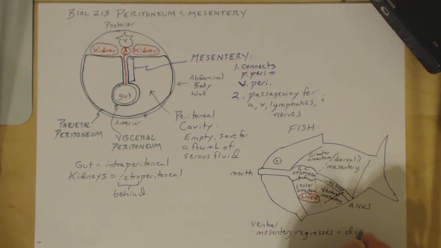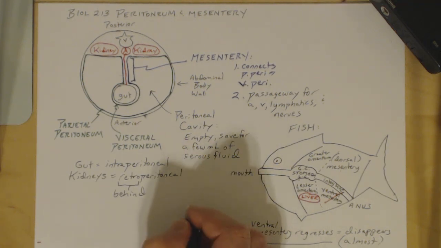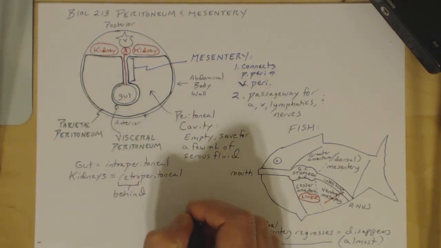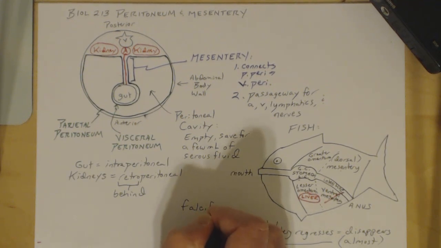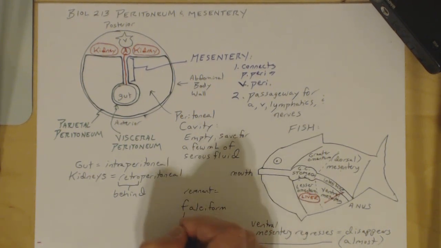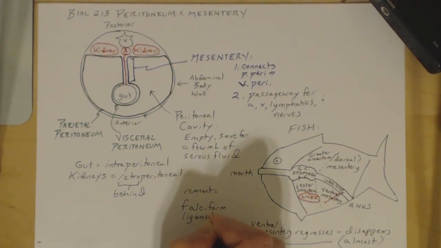I.e., it disappears. Almost. What happens to it? In you and me, the ventral mesentery forms the falciform ligament of the liver. The adult remnant of the ventral mesentery in humans is the falciform ligament of the liver, i.e.,